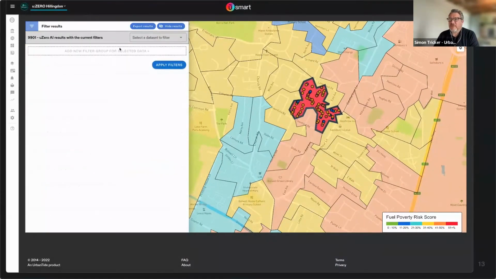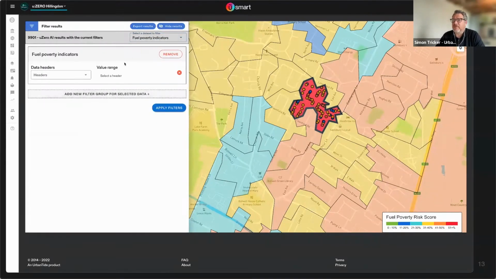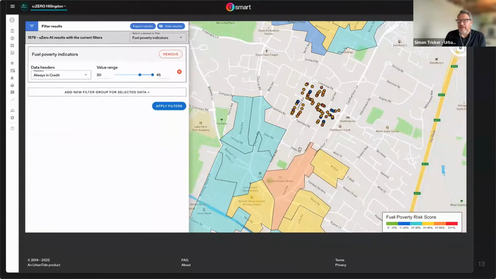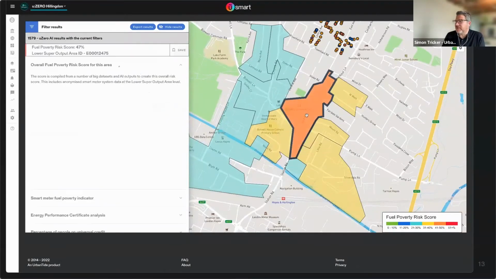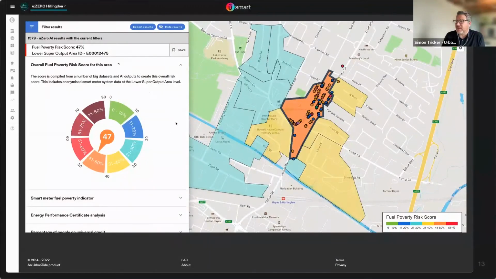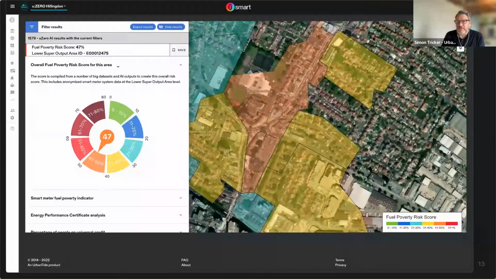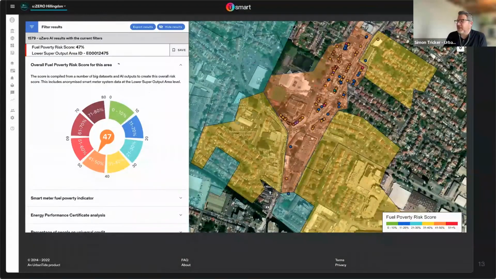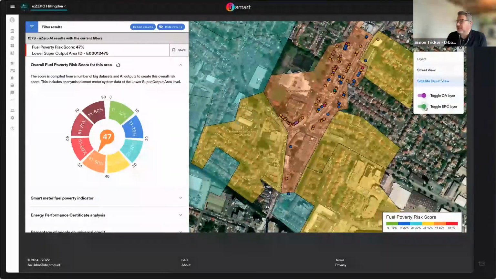Importantly, about filtering. So we've got a number of different ways of filtering down that data. So starting to allow us to look at some of the subsets within that and reducing down the amount of areas that want to be identified. So again, we've filtered it down to a smaller subsection. And that allows us to then go in and to see that area in a bit more detail. So again, we've got a couple of different ways of viewing the information. So classic satellite view as well as street view. And then again, toggling on the different layers allows us to go in and see the key information.